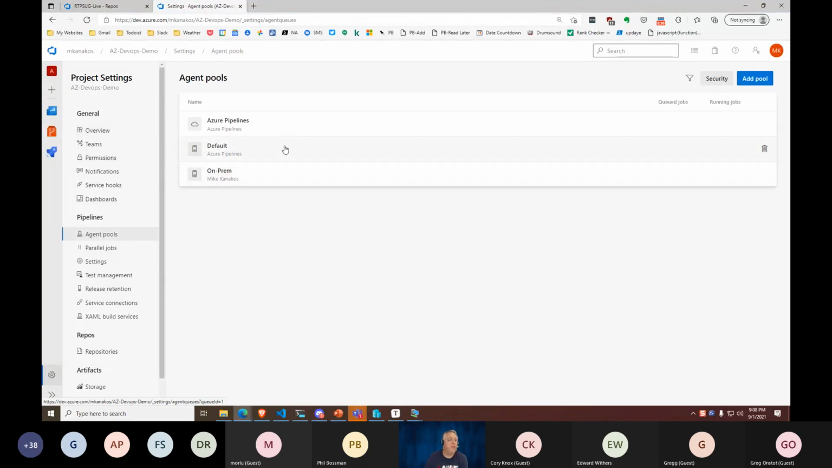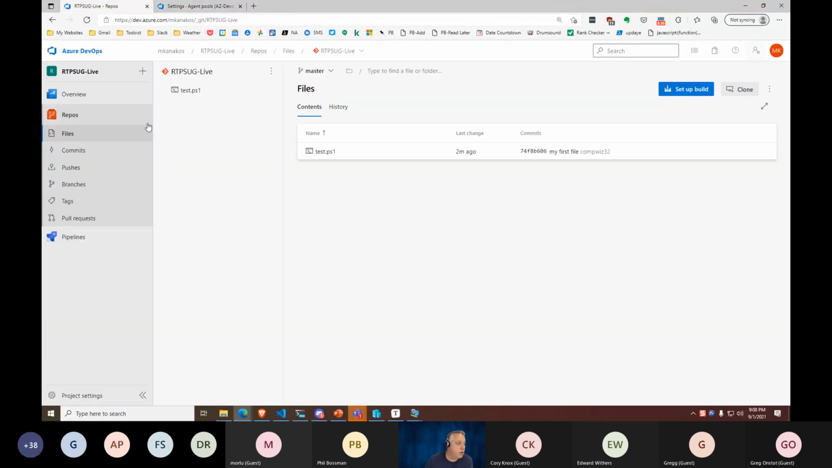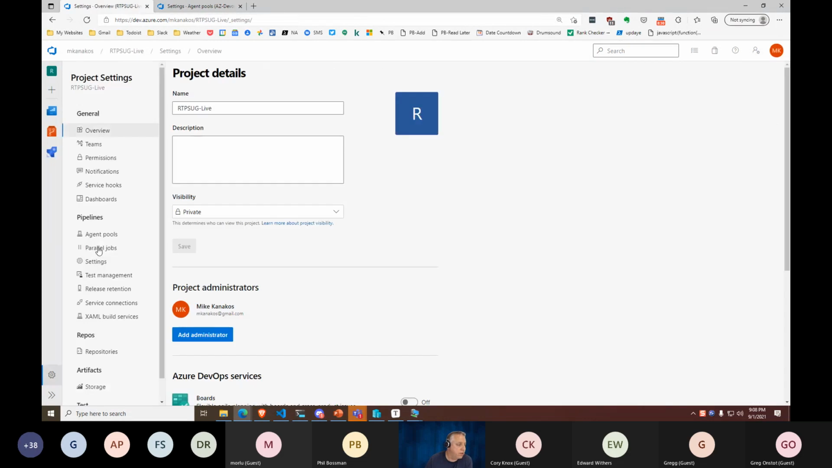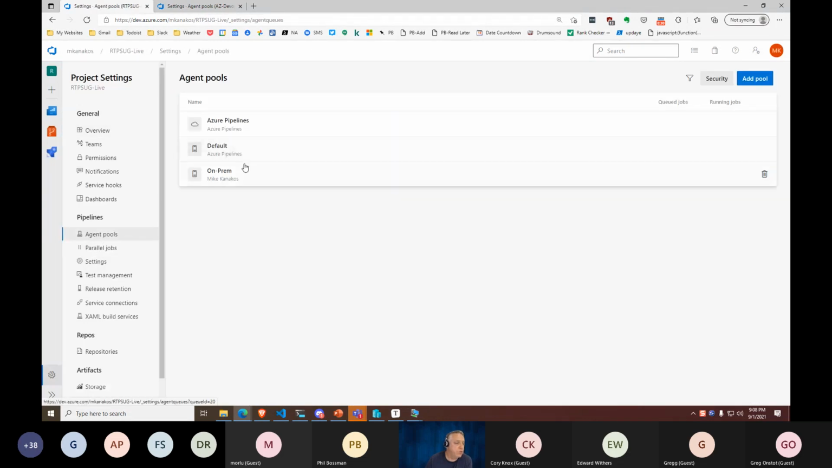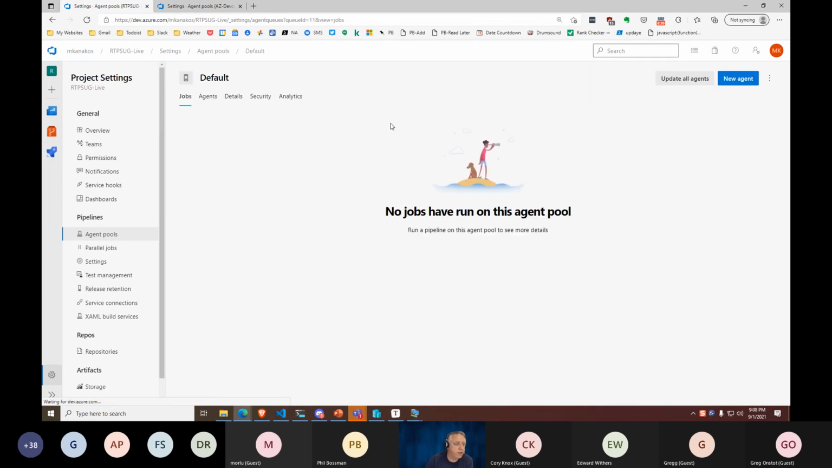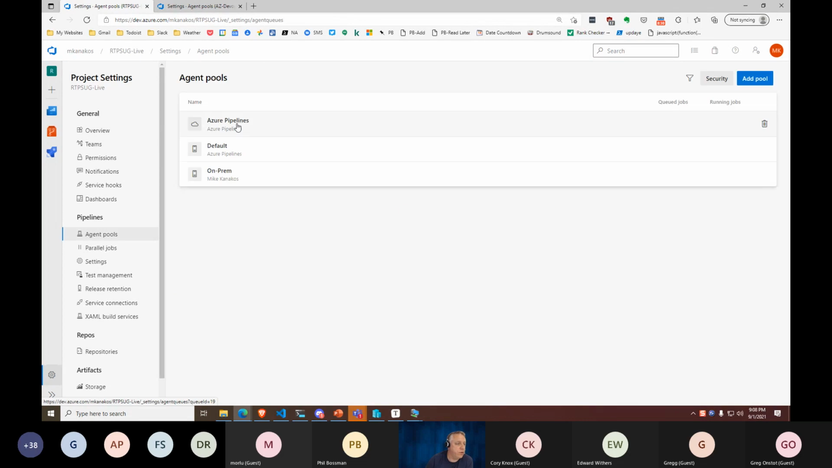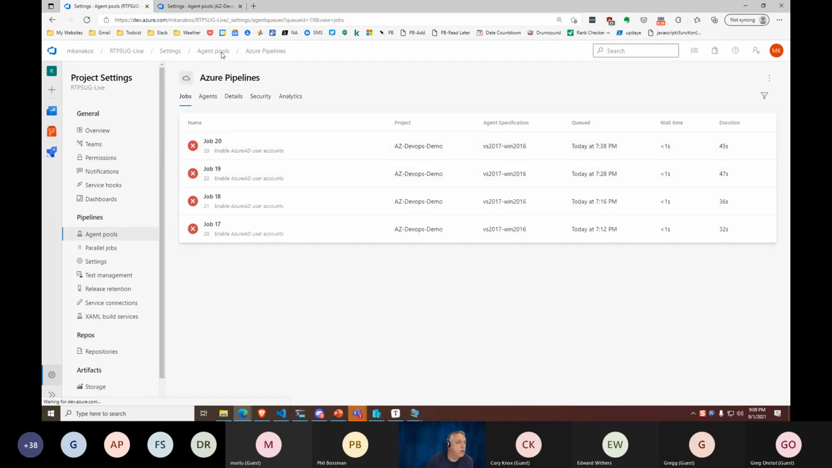Okay, so by default, when you start up a new project, it creates some agent pools for you. This one I'll explain in a second. The default is Azure Pipelines that runs in the cloud, and default is just there. So it's empty. If you go in here, there's no agent. Okay, if I go into Azure Pipelines,